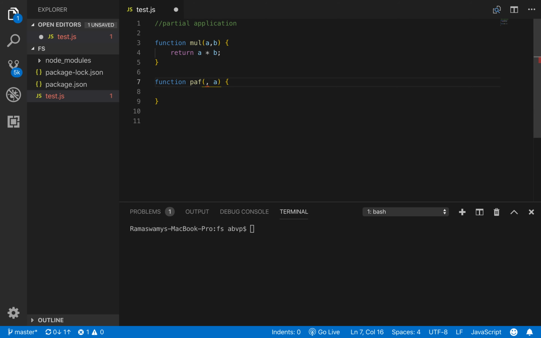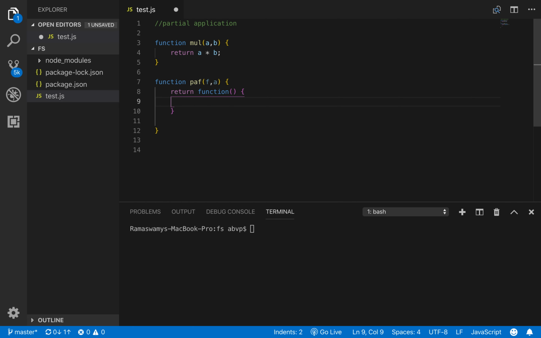Apart from this argument, we also need to specify a function as an argument, which will get called within this function, which will be available inside another function call.